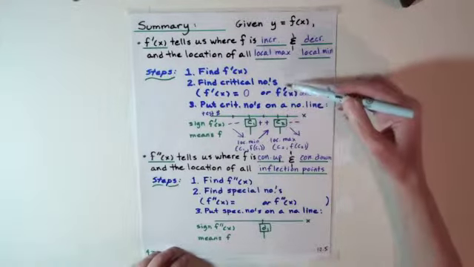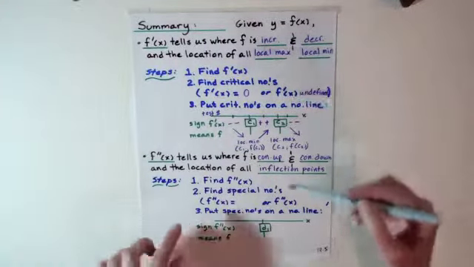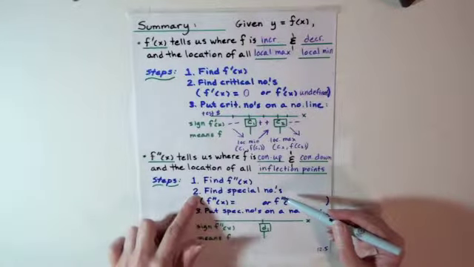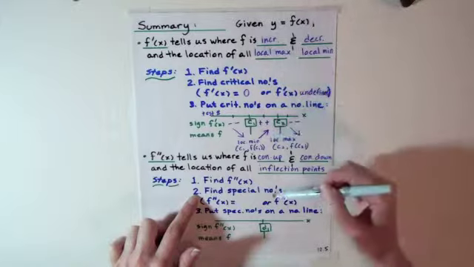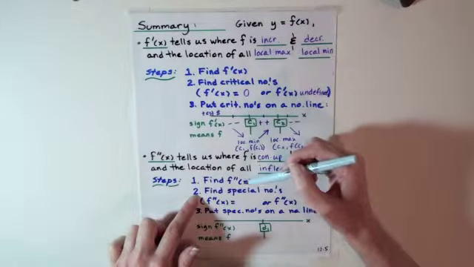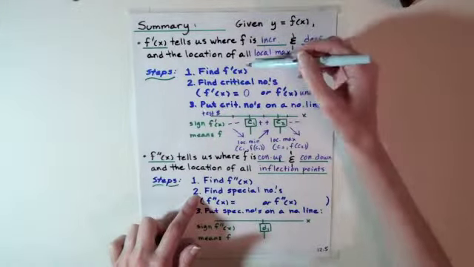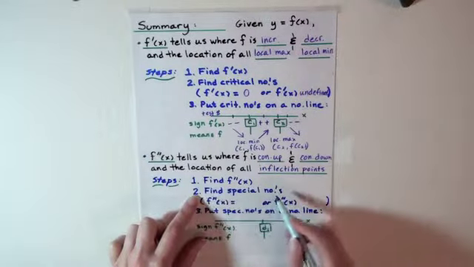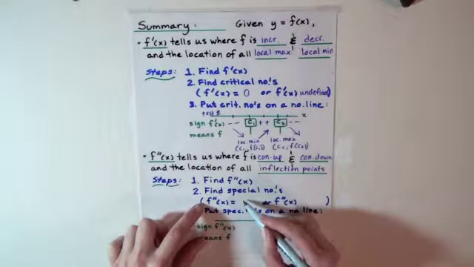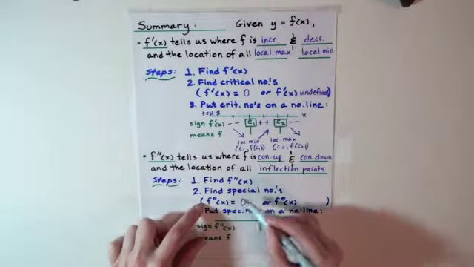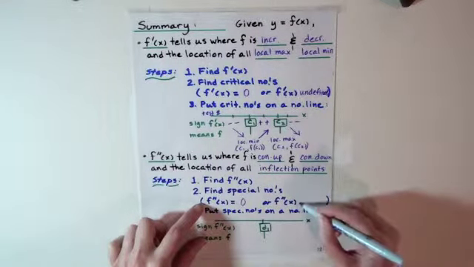Mechanically, it's really similar to what we did up here for f prime. We find what we call the special numbers. It's exactly the same thing as the critical numbers, but they are numbers associated with f double prime rather than numbers associated with f prime. So we find the special numbers, and remember those are places where either the derivative is 0 or the derivative is